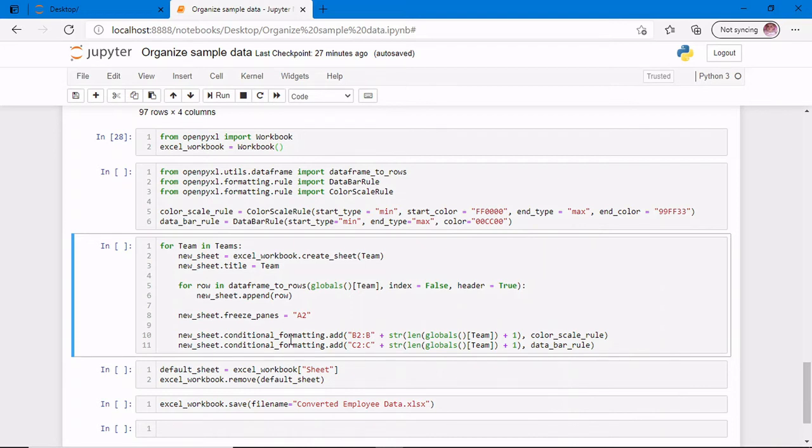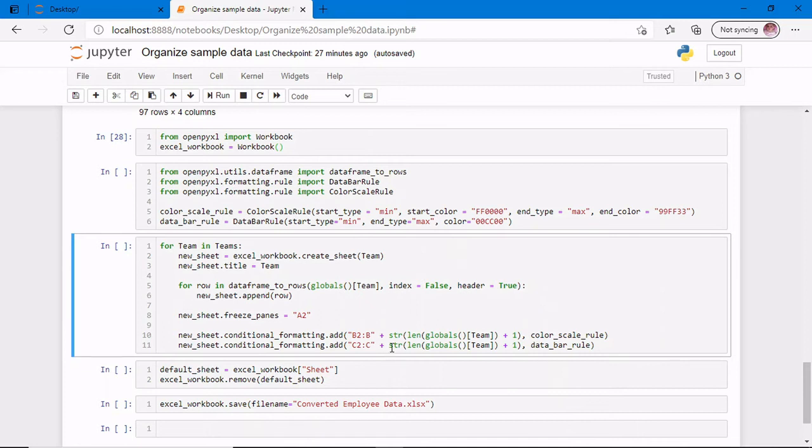Then I am adding conditional formatting in this way, new sheet dot conditional formatting dot add. The columns salary and the columns bonus percent are present in columns B and column C, and I need to dynamically access the last row of that data frame. So I am accessing global team, which is the original data frame, which I have split it into. I'm taking the total number of rows for that data frame by using the len method.